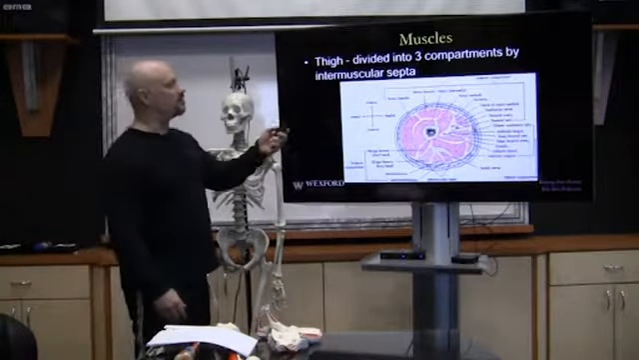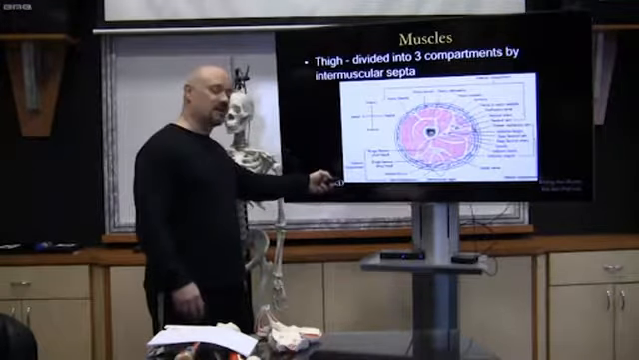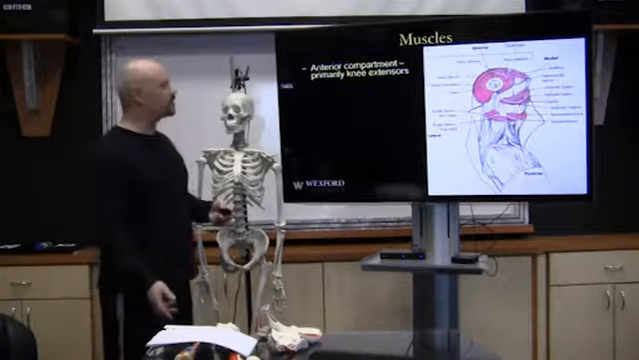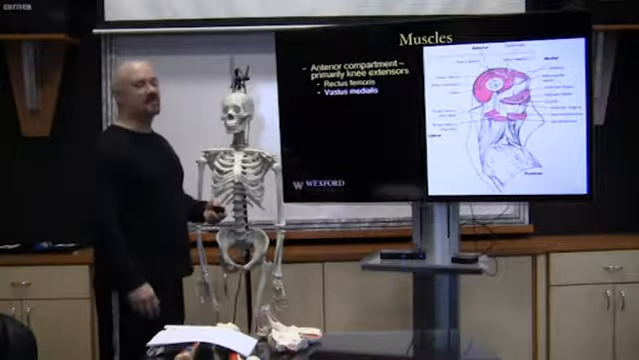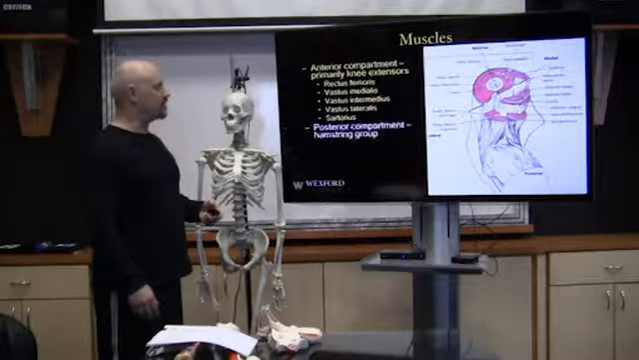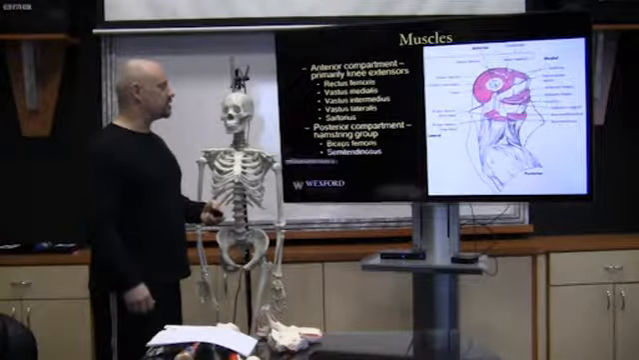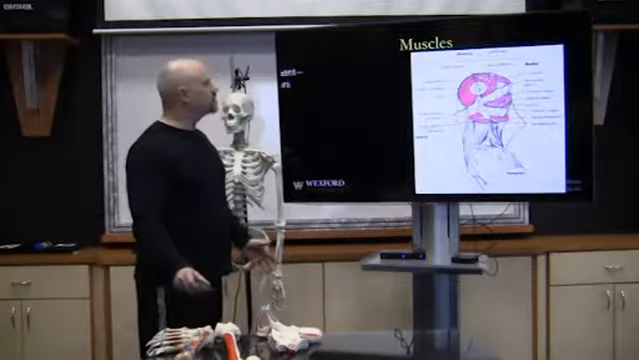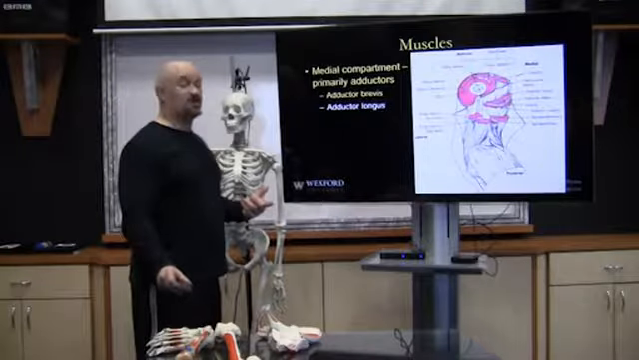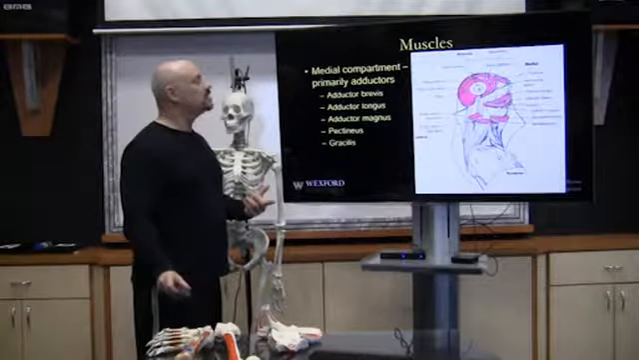So you can see here the thigh is divided into three compartments by intermuscular septa. So the anterior compartment, the medial compartment, and the posterior compartment. In the anterior compartment, these are primarily the knee extensors, which are the rectus femoris, the vastus medialis, the vastus intermedius, and the vastus lateralis. We also have the sartorius, and in the posterior compartment, we have the hamstring group, the biceps femoris, the semitendinosus, and the semimembranosus. Next, we have the medial compartment, which is primarily the adductors. So we have the adductor brevis, the adductor longus, the adductor magnus, the pectineus, the gracilis, and that's it for